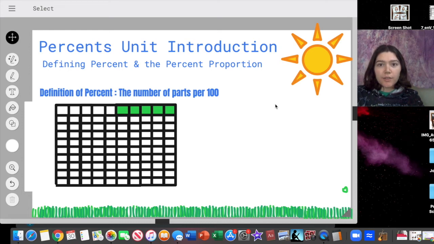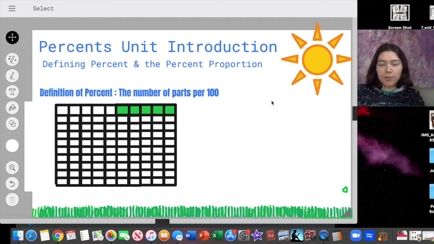Everyone. So today we're starting the percent unit, and we're going to be defining percent and then looking at something called the percent proportion. So some of this should feel like a review from previous grades, but it's going to prepare us well for the unit. And you will see some of what we're doing is going to build on what we did in our second